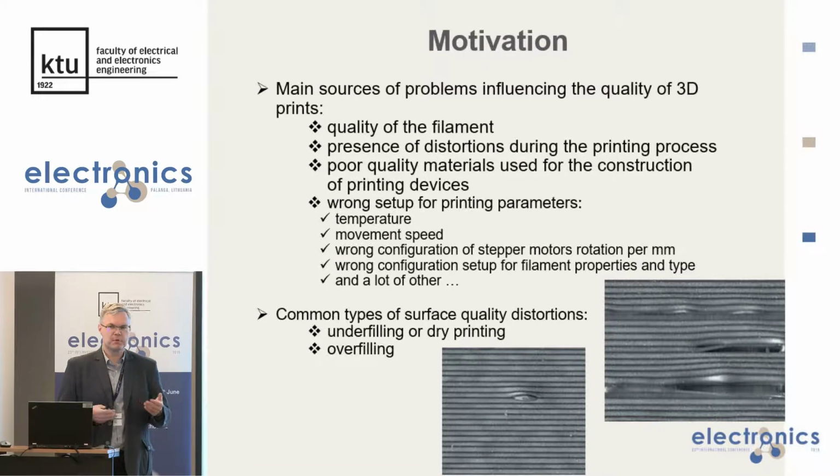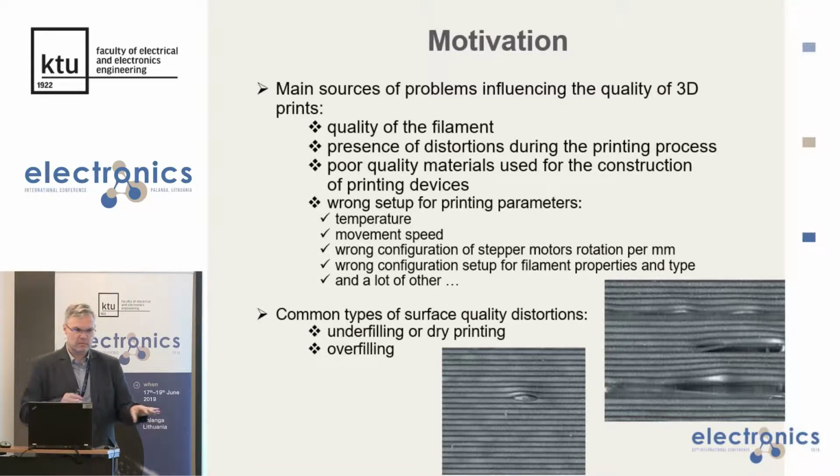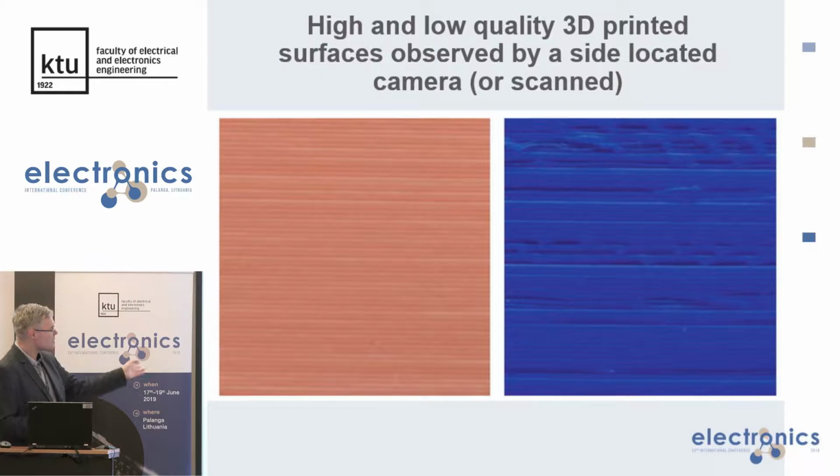They can be improper temperature, for example, not according to the type of the filament, and so on. So we forced some issues to make some bad quality samples, changing the temperature, changing the movement speed of the filament, changing the configuration of stepper motors, their rotation, and so on. So we obtained different